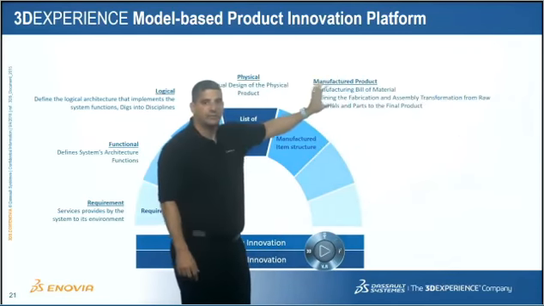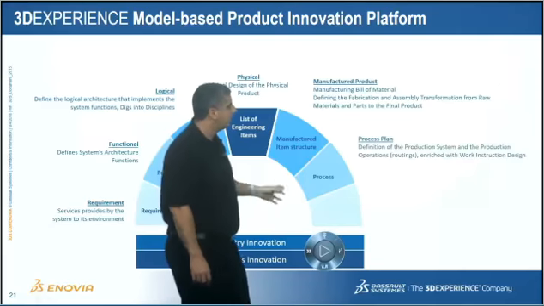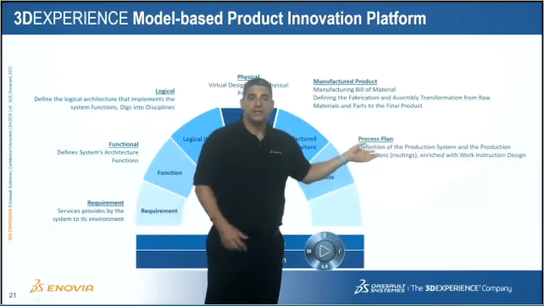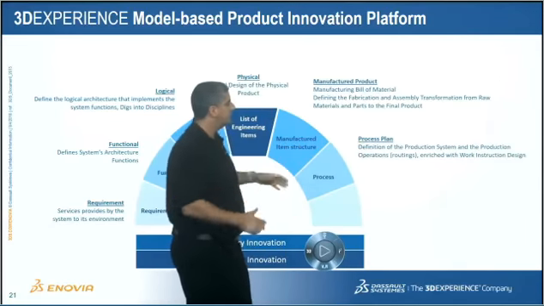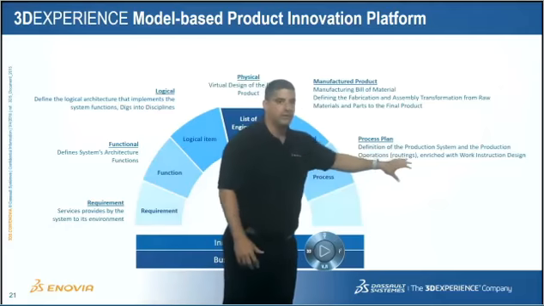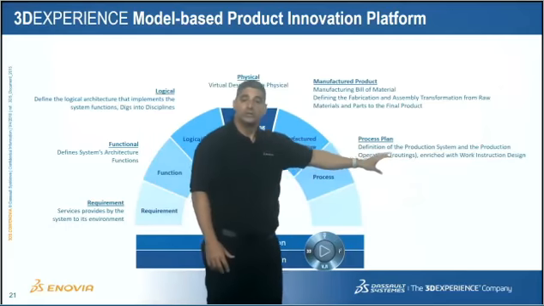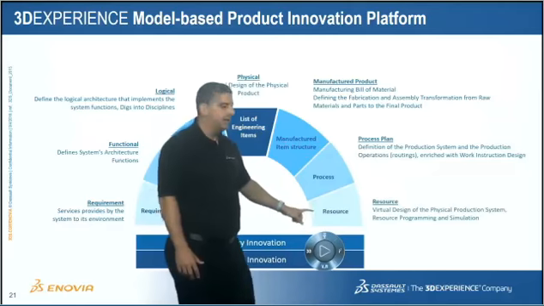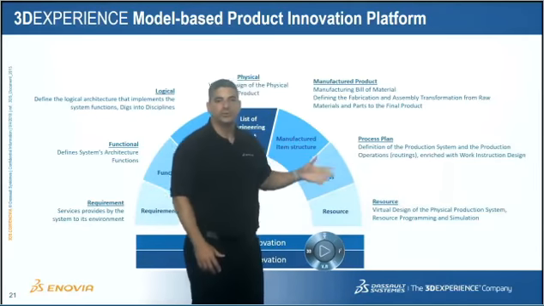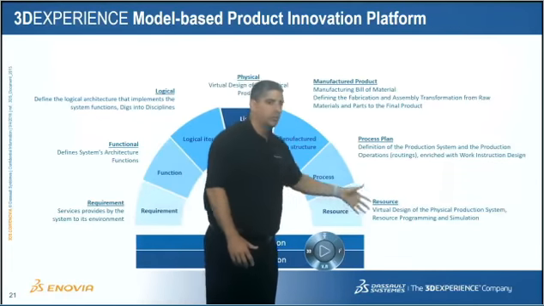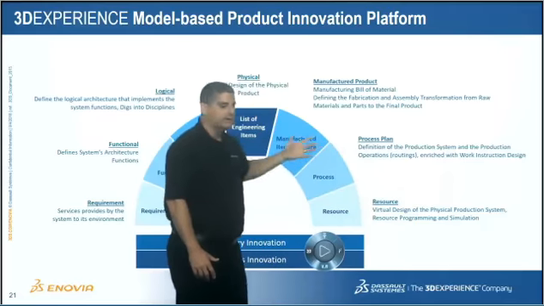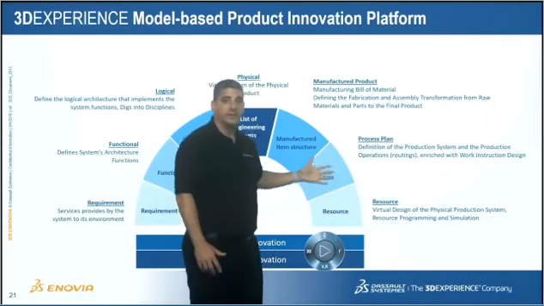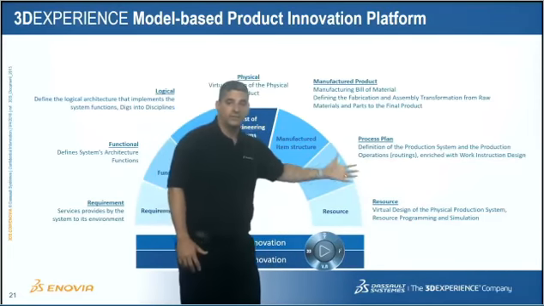That's about the manufactured product. It's setting it up for manufacture. But then, of course, there's the process planning and how you might do that and what's coming first, how you're organizing that, what are the routings of operations, what are the work instructions supporting that, and keeping all that, again, model-based. And then whatever resources are being used to produce, the robots, the plant, the different workers and expertise and so on. This is all the manufacturing world of Delmia that is, again, model-based, that is extended through the engineering